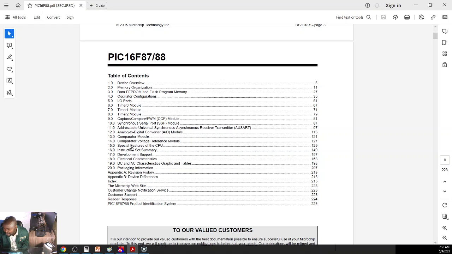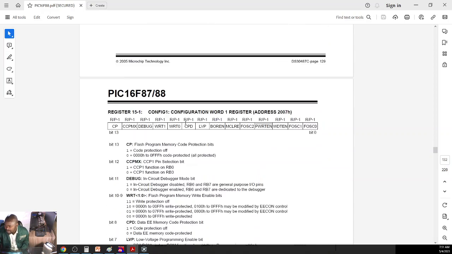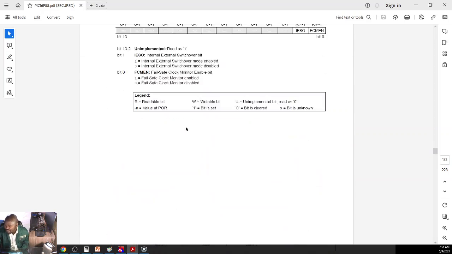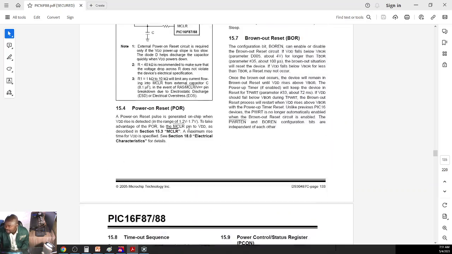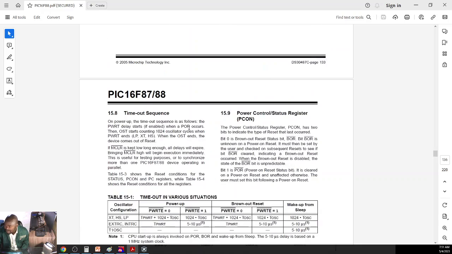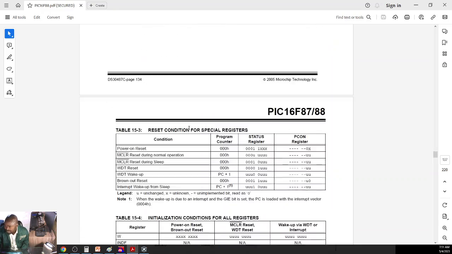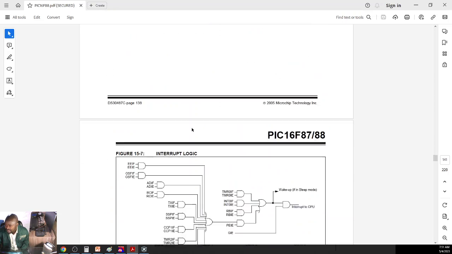If there isn't, then watchdog timer will be covered in special features of the CPU. Let's go to special features of the CPU, and then we want to look at watchdog timer. You don't have to read the whole data sheet. You just need to consult the section you want. I want the watchdog timer. Let's see if watchdog timer is here. Interrupts